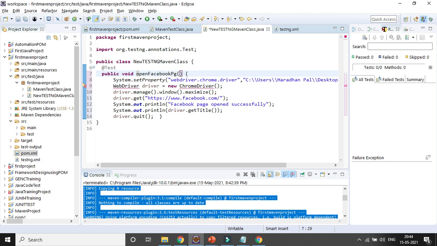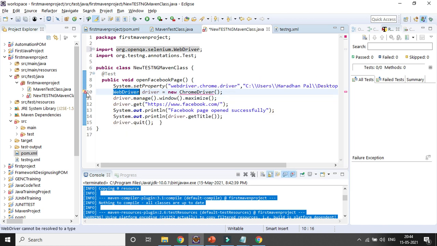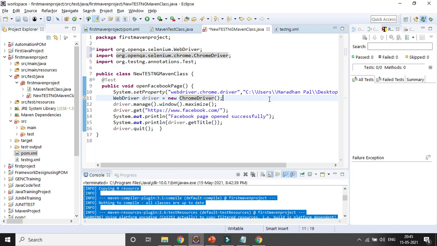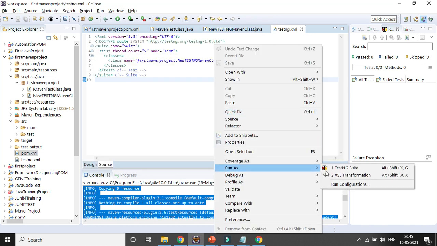I just want to do some real-time thing so that you can see whether that page is opening or not. Instead of only result, we need to import the WebDriver and the Chrome driver class, and the WebDriver interface. Now you can see the error message is gone. I can save it. Now I can run it from the testng XML file. So definitely it will run with the help of the testng suite.